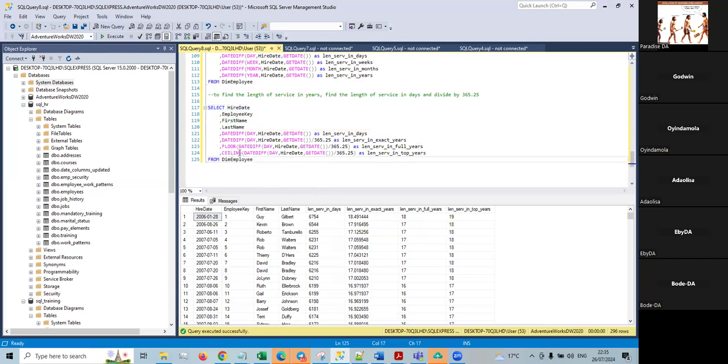In some applications or programming languages, ceiling is just called seil, S-E-I-L, right? But in SQL Server, it doesn't take seil, it takes